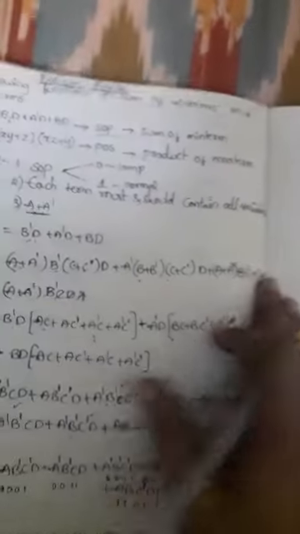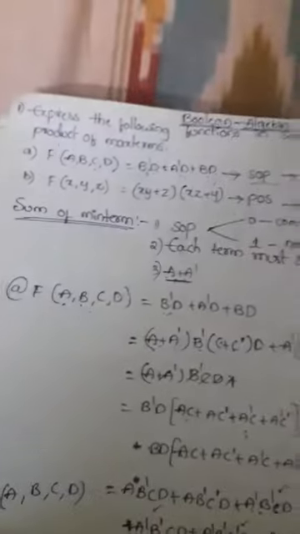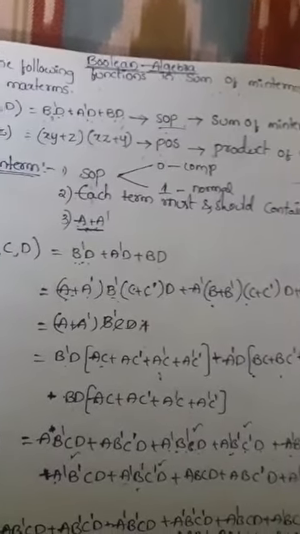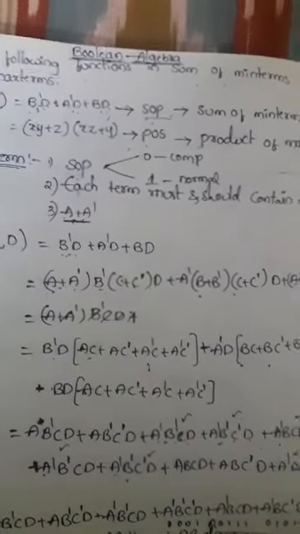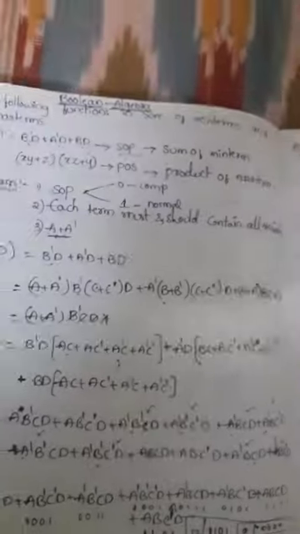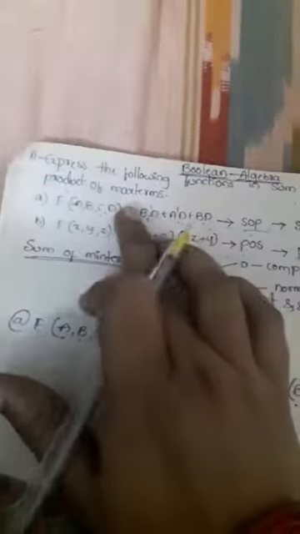So like this way we have to solve the product of max terms. Okay, so that Boolean function is f of x, y, z is equal to (x plus y)(z) and (x plus z)(y)... Okay, so here also first check it. So this is related to which function actually? Product of max terms.